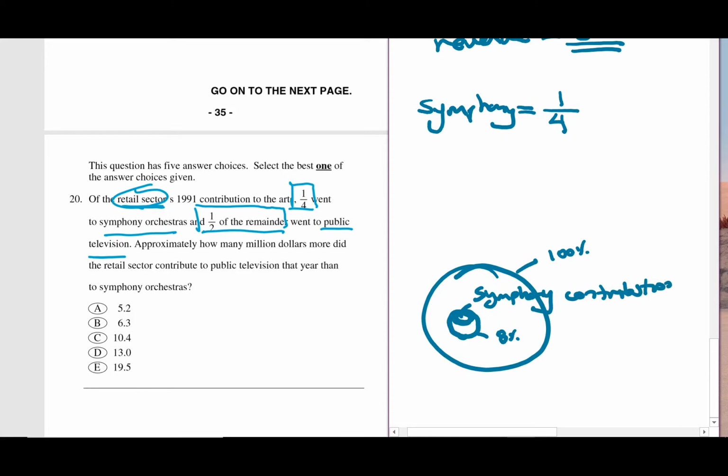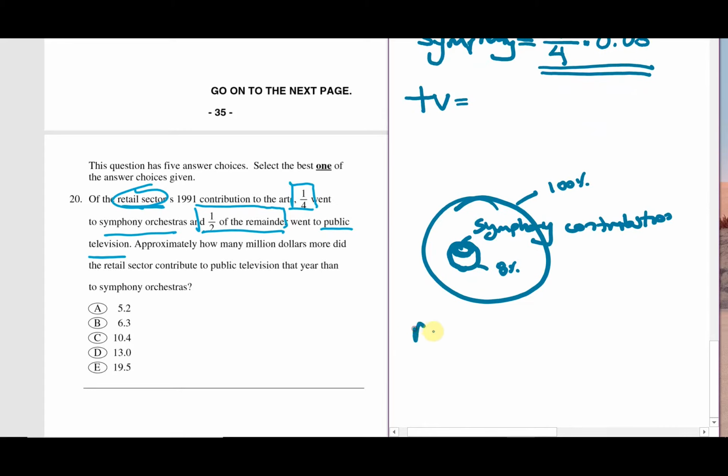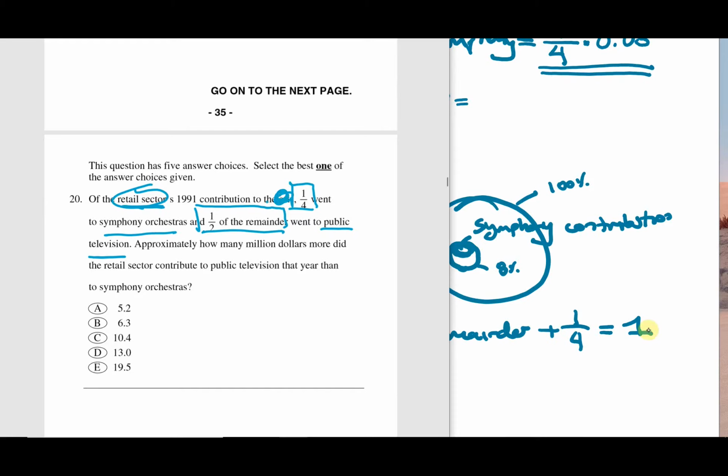And basically this is a proportion now of that, so we're taking now 1/4 of the 8%. 1/4 of the 8% is equal to this, and we have TV equals 1/2 of the remainder. Now, if we found the remainder, we know the remainder plus 1/4 has to equal 1. It's 100% of the contribution. Of the total contribution, basically, to the arts,